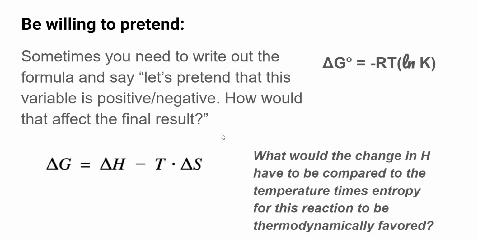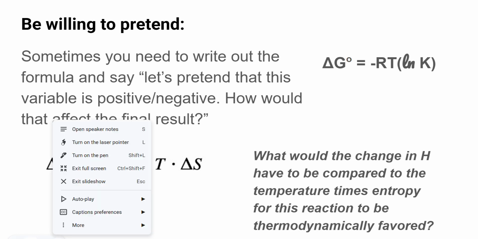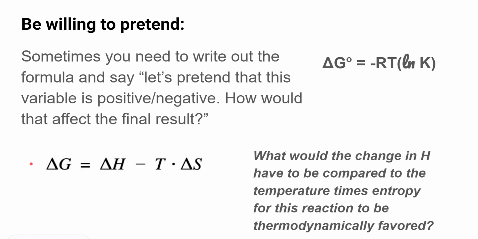One thing we need to be willing to do is pretend that one of these variables is positive or negative and ask how that would affect the final result. For instance, what would the change in H have to be compared to the temperature times entropy for the reaction to be thermodynamically favored? Let's say this has to end up negative. I've got a negative T times, if my entropy,